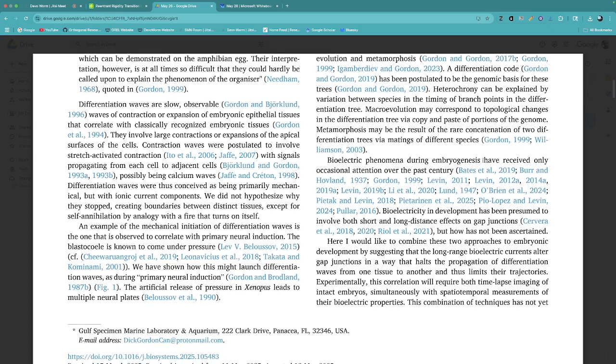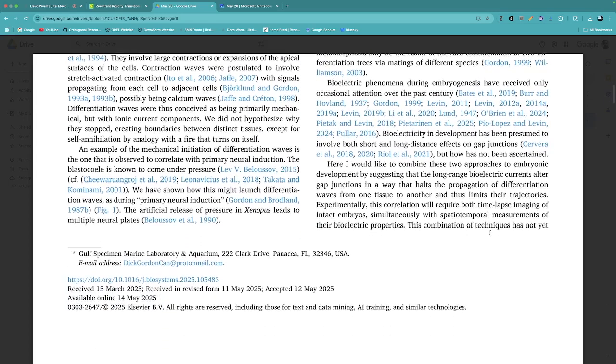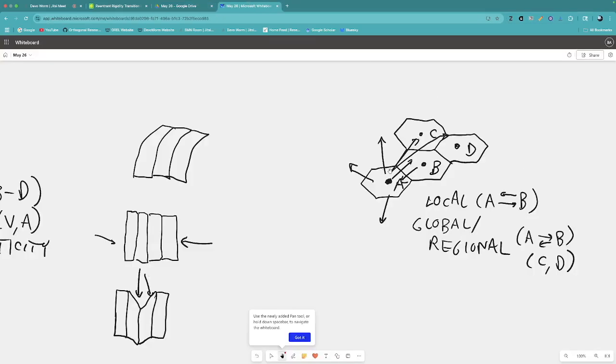And then he gets into bioelectricity, and he talks about combining the two approaches to embryonic development that involve bioelectricity and looking at differentiation trees, by suggesting that the long-range bioelectric currents alter gap junctions in a way that halts the propagation of differentiation waves from one tissue to another and thus limits their trajectories. So using these local connections, gap junctions, things at the membrane, and then getting this propagation from